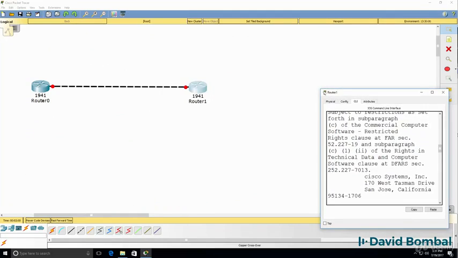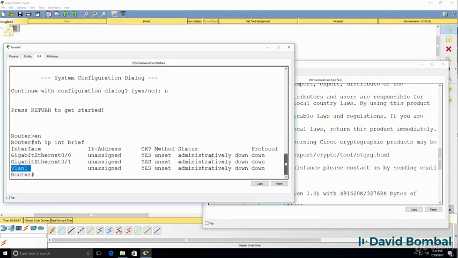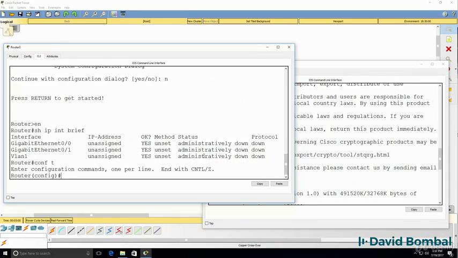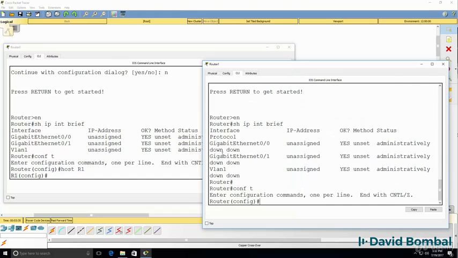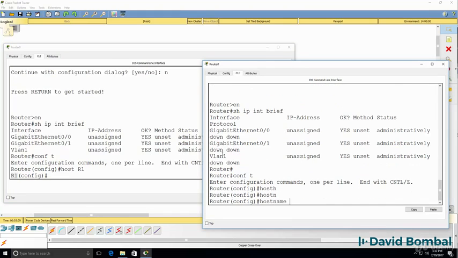Now I'm going to do a basic lab here to get us started. So as an example, on router 1, I'm going to set the host name to router 1. Notice the host name is changed. I can do something very similar on router 2, so host name, and I'll just use the full command here,